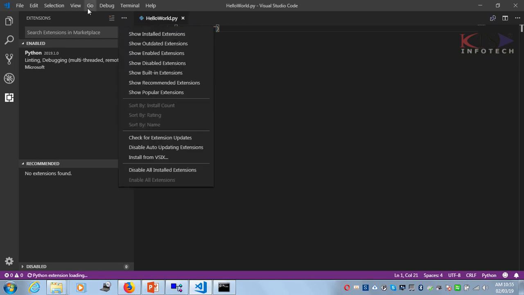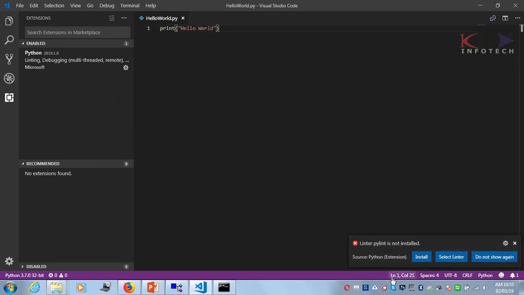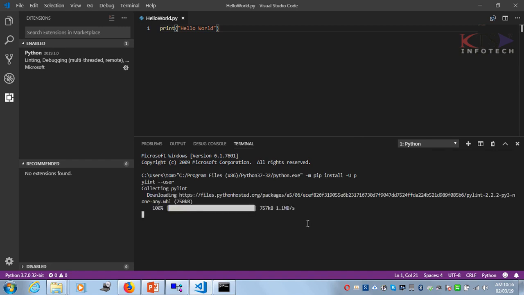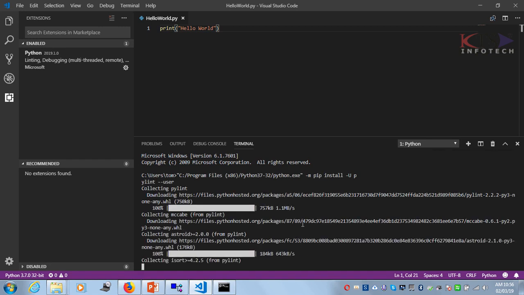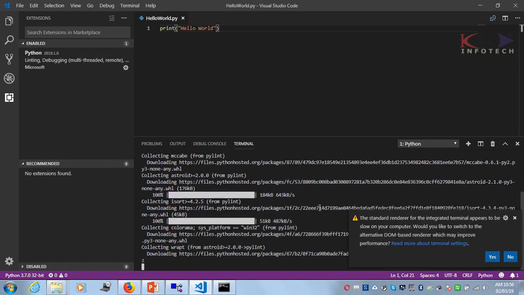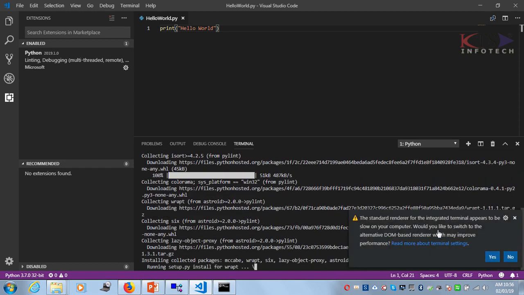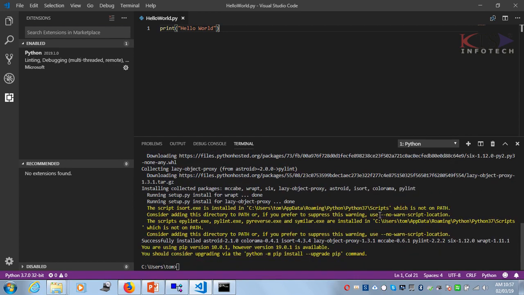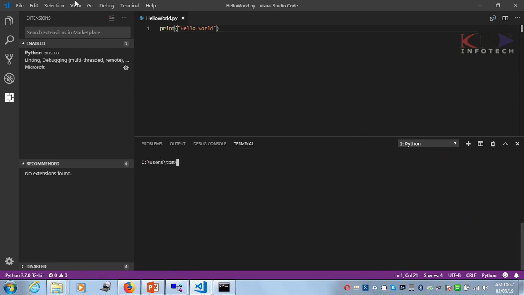Then I'm just trying to run the Python file. The Python extension, let me try to install that one as well. It might take a bit of time, I believe. So many packages are there. I think everything is actually installed. Now just try to run. Let me try to CLS. So just let me try to run this code. Just a minute.